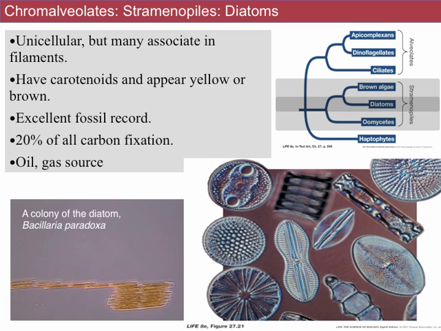So the last group within the Chromalveolates are the haptophytes. These are just beginning to be studied in more detail. People have known about them in many ways, sort of because some of them form these complex cellular coatings. But we haven't known a lot about their biology. One of them is Emiliania huxleyi. It is smaller in size than many or most bacteria. It was ignored by a lot of people because they just thought it must be a bacteria and not a microbial eukaryote. But that one organism probably contributes up to 5% of the total photosynthesis in some places of the ocean. This, for example, is a bloom probably of that one species imaged by a satellite.